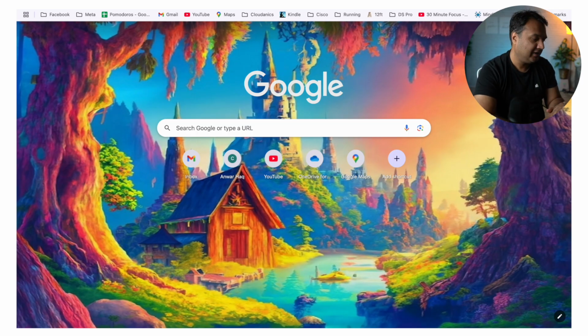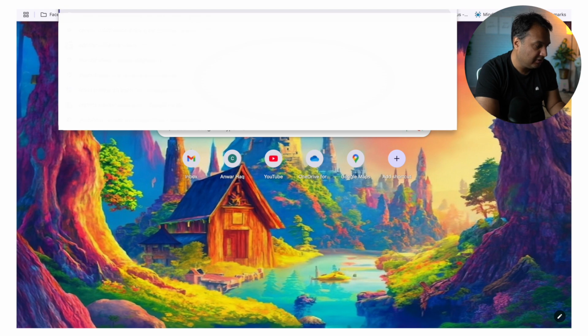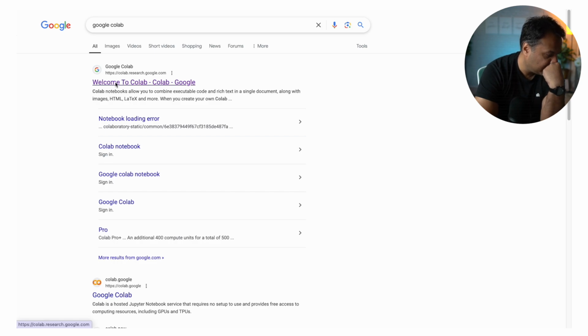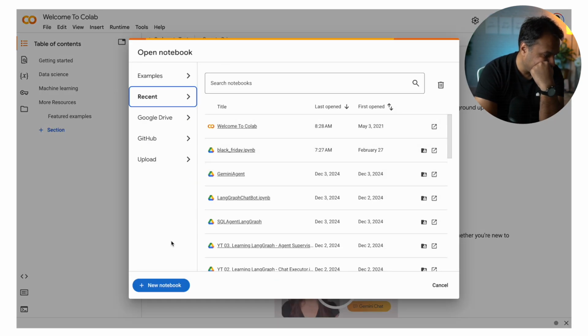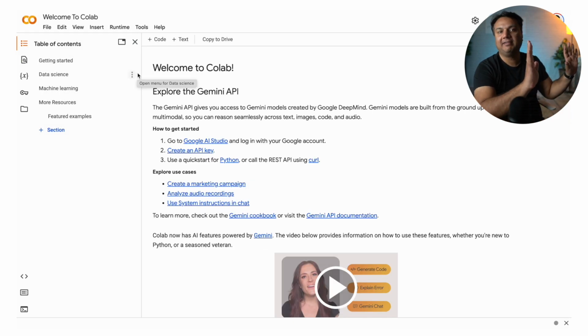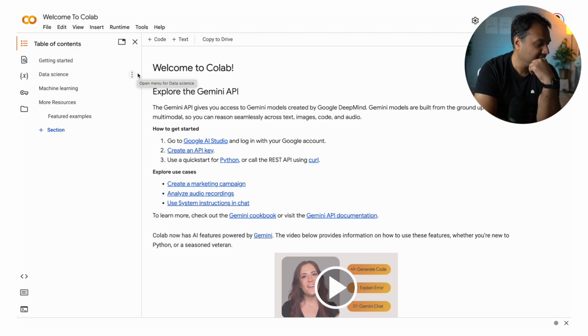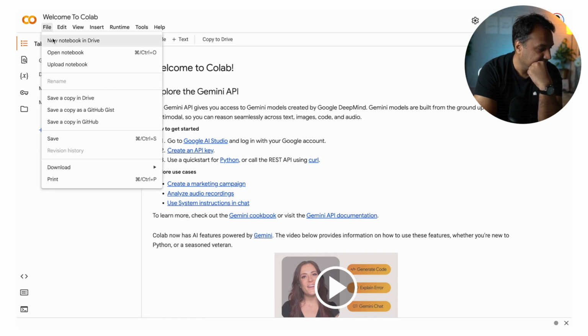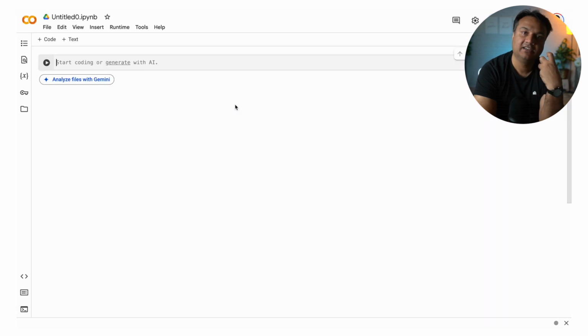Okay, so now I'm on my laptop. So you can just search in Google, what is Google Colab? And this is the first link, welcome to Google Colab. You come here, and I already have some notebooks open, but let's say that you don't have any, and this is the first one which you're seeing. You can create a new notebook if you go to File, New Notebook in Drive, and this will basically create a new notebook for you where you can write the code and do all of that analysis. I just wanted to give you an overview of how different things are working within this.